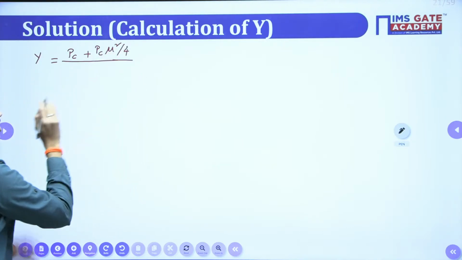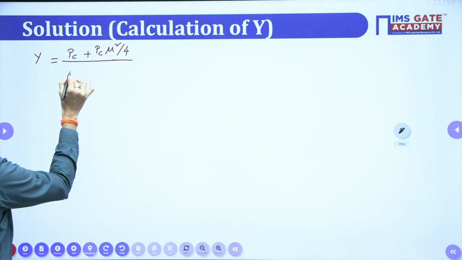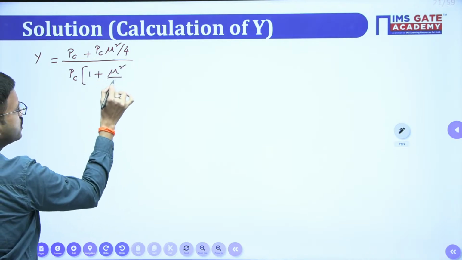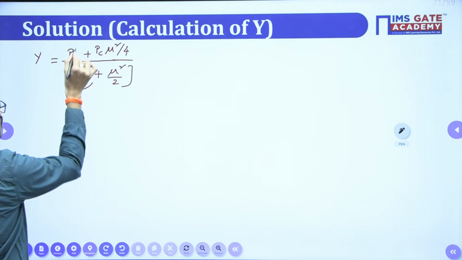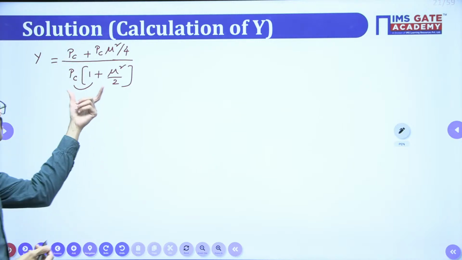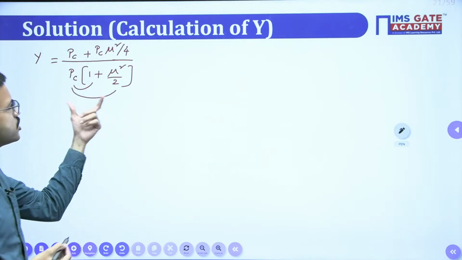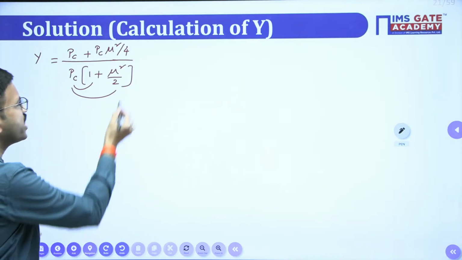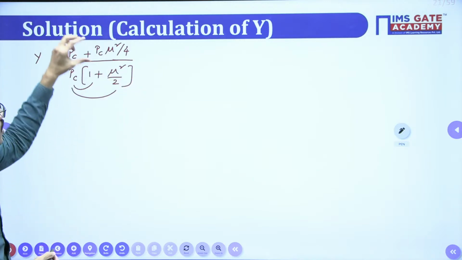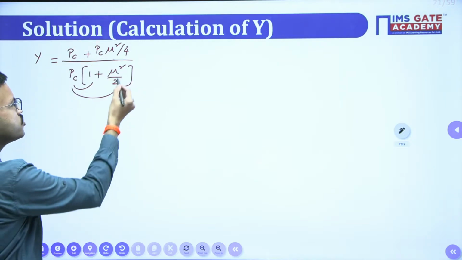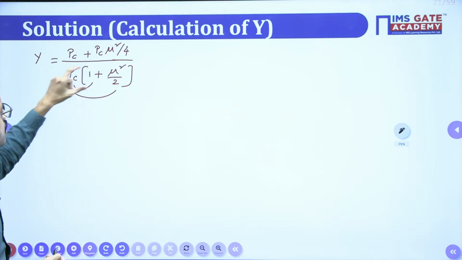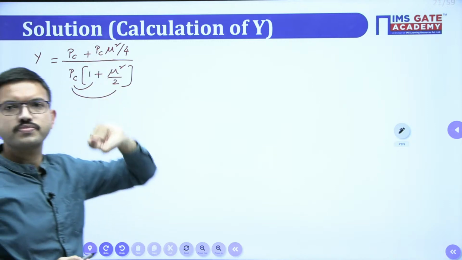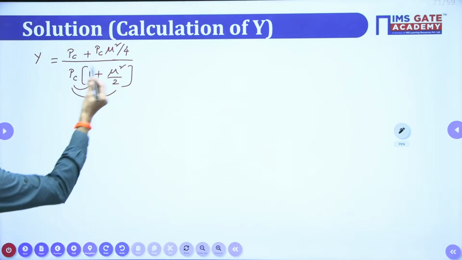See, in general, when you are transmitting the AM signal, you are having the total power as PC into 1 plus mu square by 2. This is the total power. Regarding PC, yes, that power we have saved, and this PC into mu square by 2 is the total sideband power. That means upper sideband and lower sideband together, you are having PC mu square by 2. But here, one of the sideband powers we have saved, so you have to take half of this one, that is nothing but PC mu square by 2 divided by 2, which is nothing but PC mu square by 4.